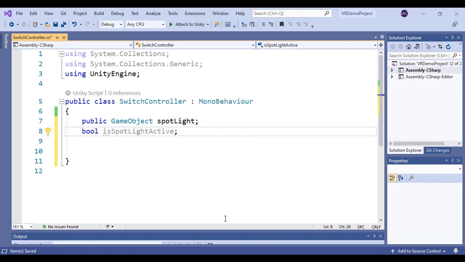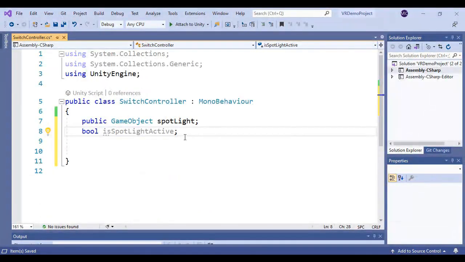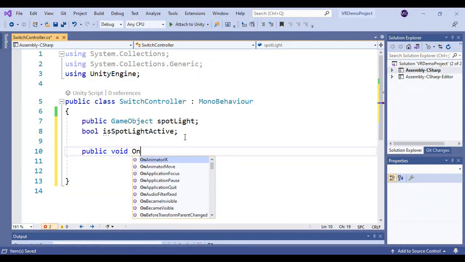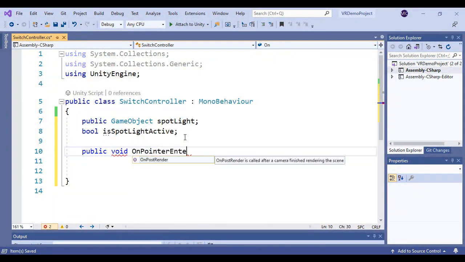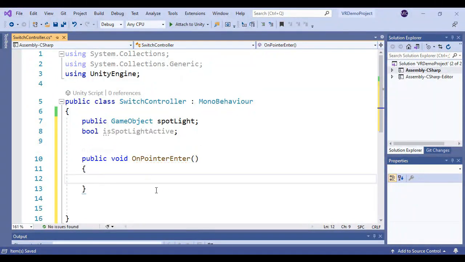Okay. Next, we create one function called OnPointerEnter. So let's create here public void OnPointerEnter function. In the OnPointerEnter function, first we check whether the spotlight is active or inactive. We get the status of the spotlight.